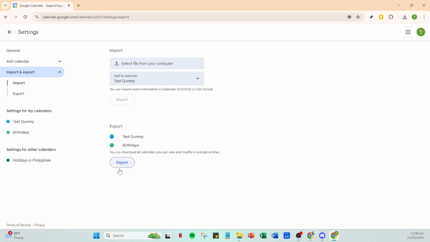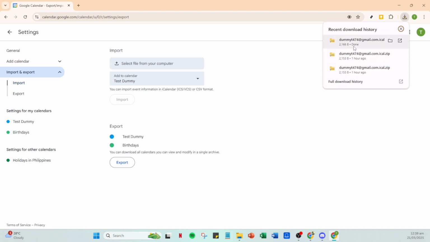Once your desired calendar is selected, look for the export button on the page and give it a click. The export process will be initiated immediately. After a moment, you'll receive a zip file containing your calendar data in the iCalendar format. This is a widely recognized format which ensures compatibility with a range of calendar applications. To access your data, simply download the zip file to your computer. From there, you can extract the files using your preferred archive software, allowing you to view and use your calendar